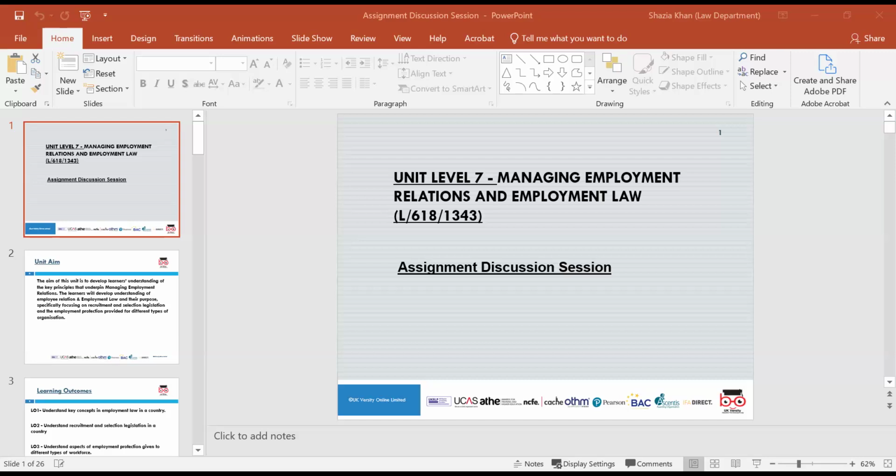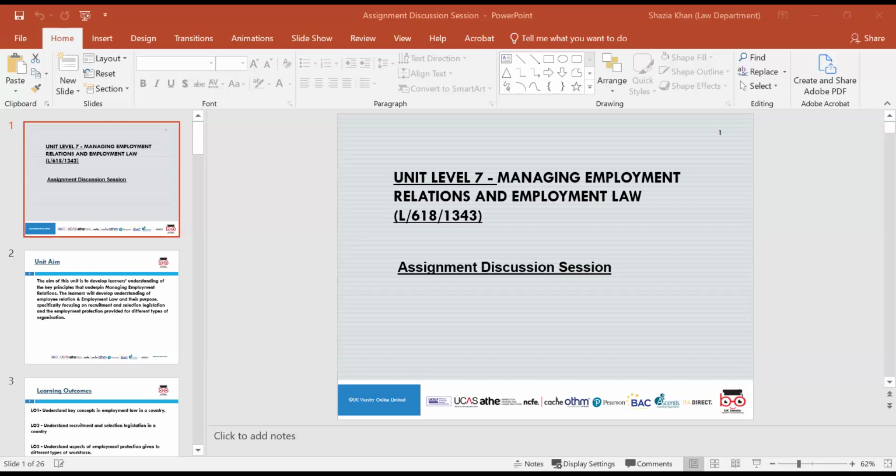We looked at employment tribunals, why they're specialist employment courts, and what they deal with. Any issues arising from disputes or discrimination, they would deal with that. They would also deal with claims brought under employment protection legislation, things like unfair dismissal and discrimination claims. We looked at what employment tribunals comprise of: three members, a legally qualified chair and two lay people, and their decisions can be appealed to the Employment Appeal Tribunal. We looked at common law courts.